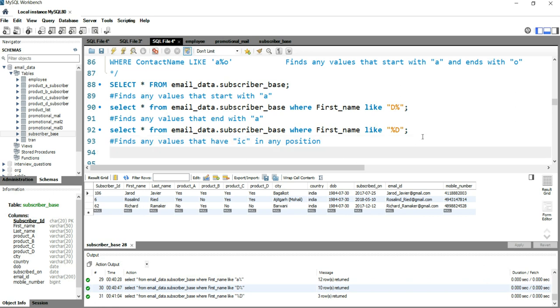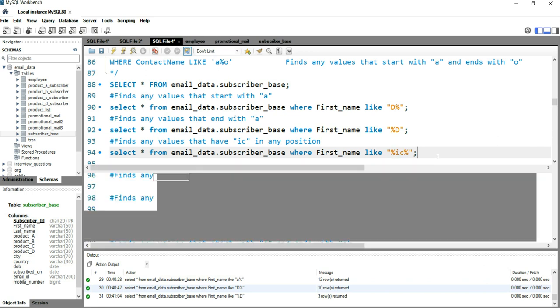So let's write the query for this. I will copy paste this query instead of writing the entire query, and within this double quote I'll put percentage, IC, and percentage. This means it will return all those rows where the first name contains this IC pattern.